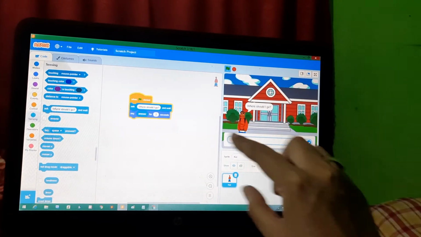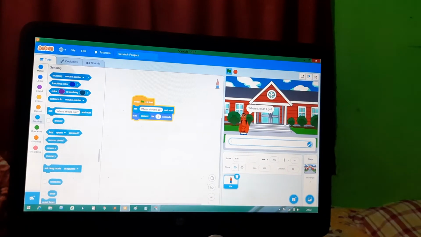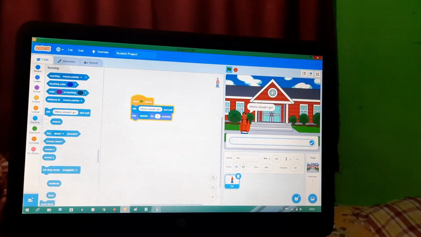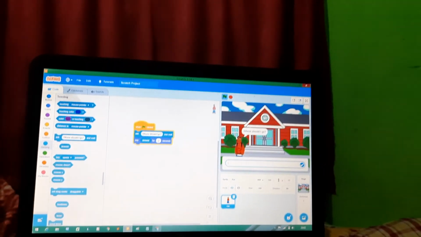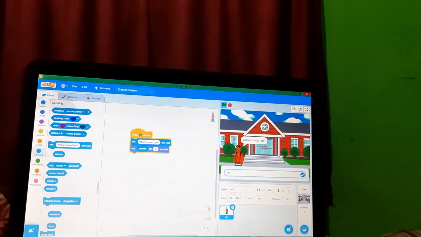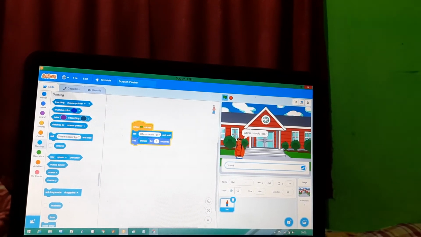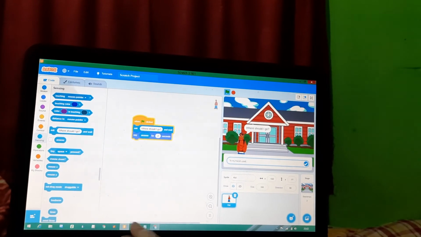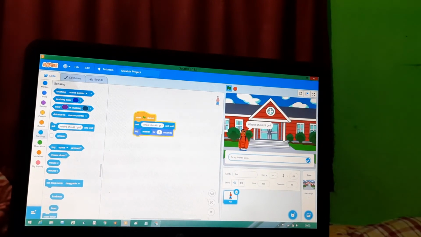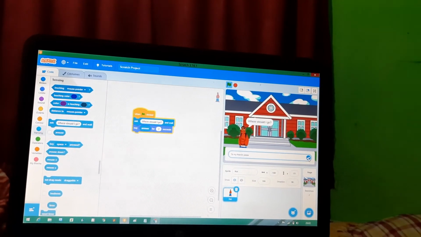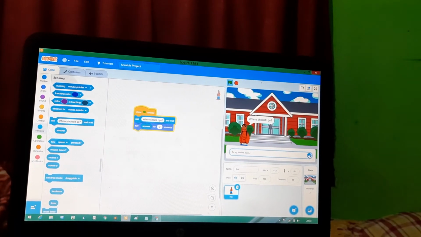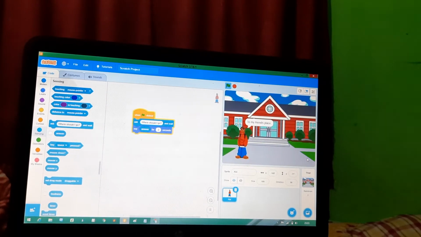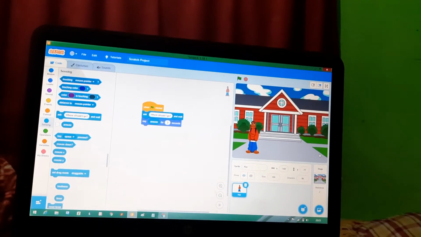Where should I go? You can see at the bottom this box is appearing, here you have to write the answer. So he said according to the book, to my friend's place. So let us just type to my friend's place and click on this one tick mark option. You can see the cursor there. Now whenever I tick, you will see that he is saying the answer, to my friend's place. So this is how sensing blocks can be used.